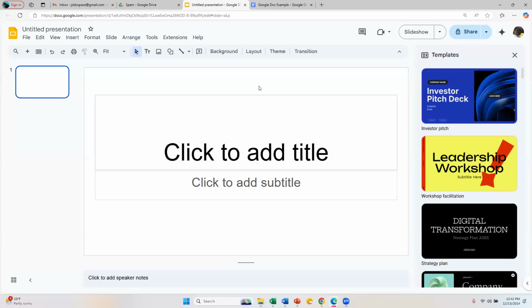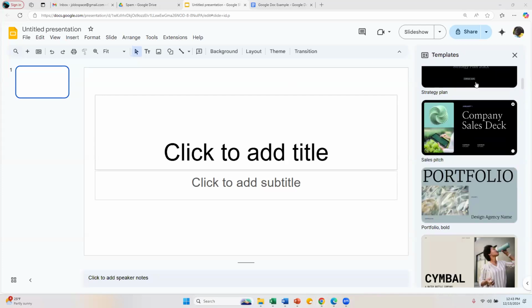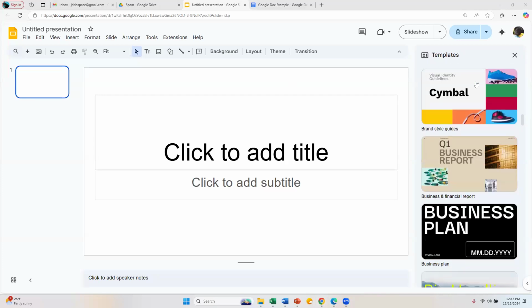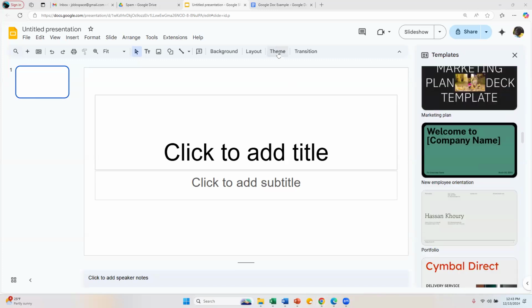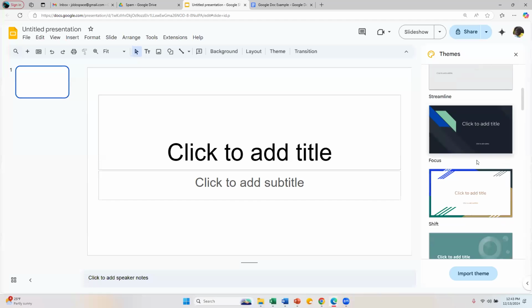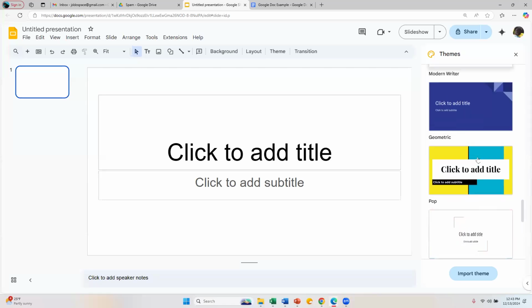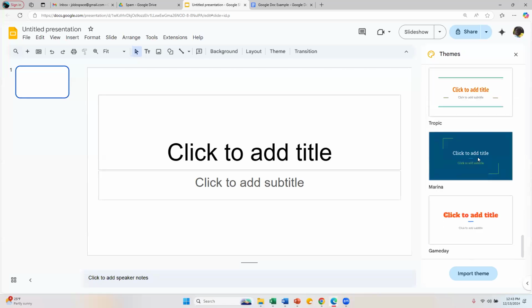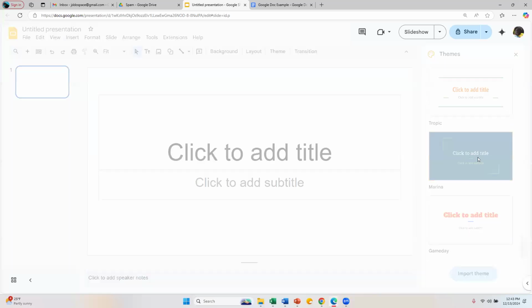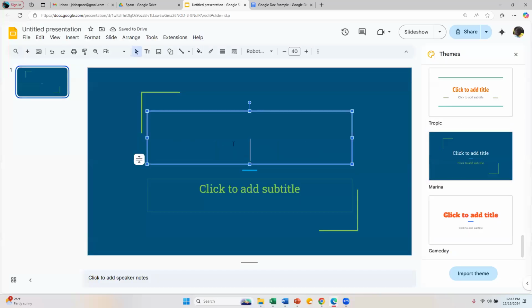So you have your Google Slides. Over here on the right, you have different options. Let's look at themes though. Here's your different themes. I really think that the Google Slides has some really cool themes. I like them actually a little bit better than the ones in PowerPoint. So if you select a theme, and you come in here and